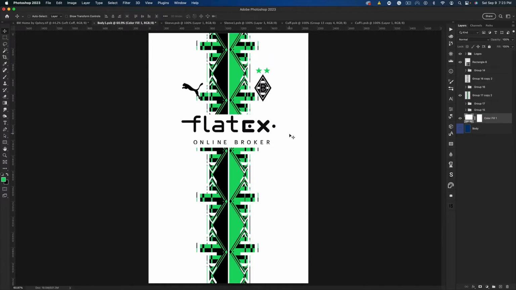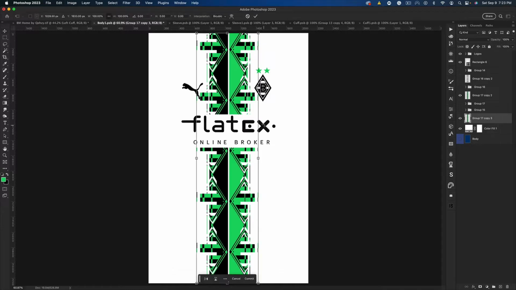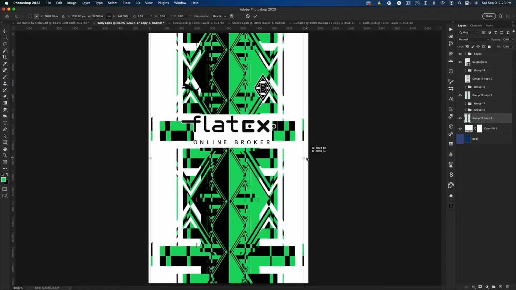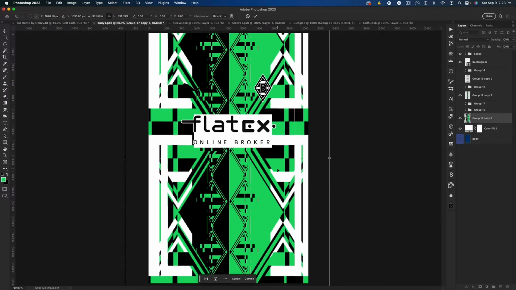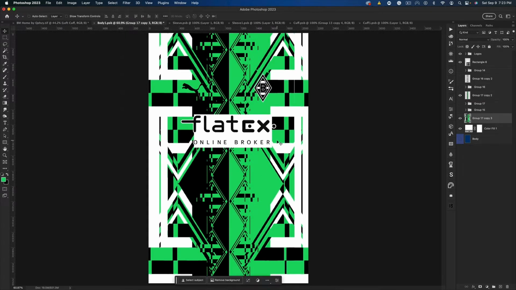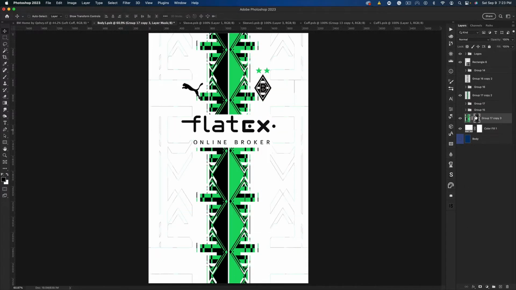All right, so now I want to create some sort of background pattern throughout the rest of the shirt, and there's a few ways you could go about doing it. One of the ways I like to do is, say, duplicate this stripe, drag it down to the bottom, and we're just going to use thin sections of it. So I don't care about making this blurry, so I'm going to press Command T and increase the size, do something crazy, and you could duplicate it multiple times throughout instead of increasing the size, but this is just one way to do it. I'm going to press Command, select that layer, press the layer mask, press Command I, and